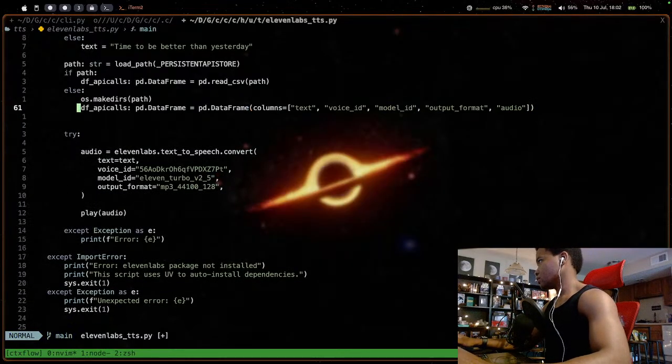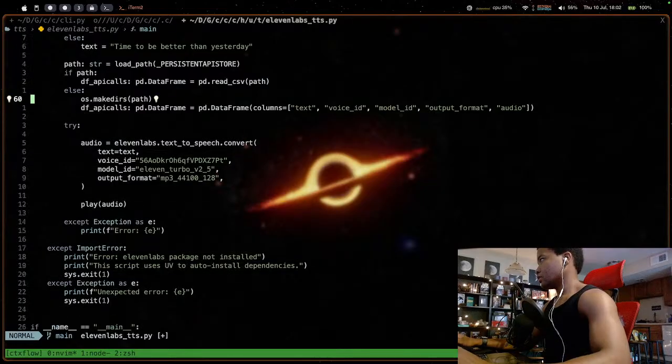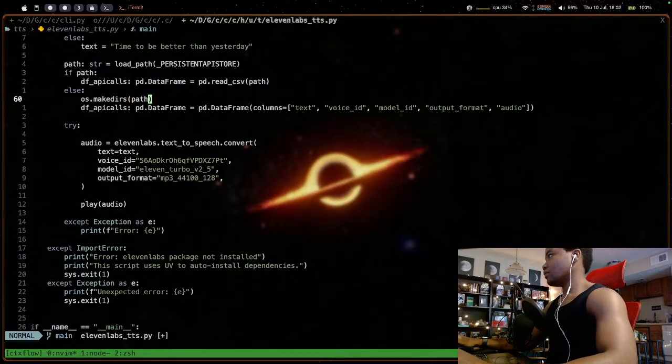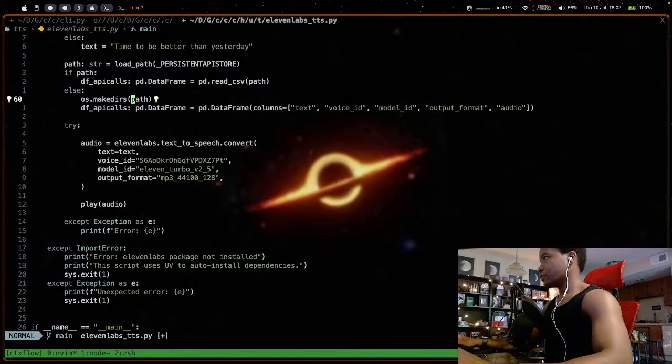And then, so now we basically make the directory path or where we want to store it, and then actually I don't need to use path. What am I doing? I want to use underscore persistent store.